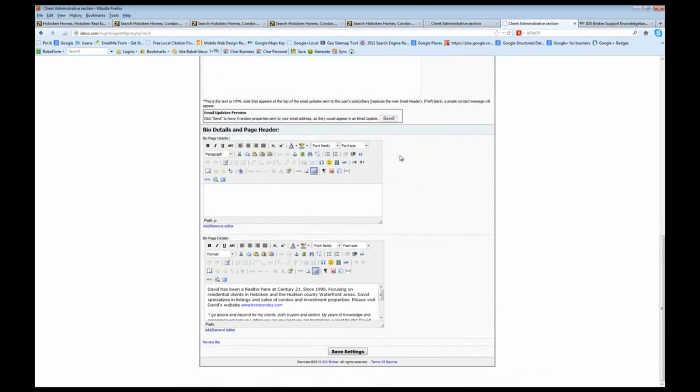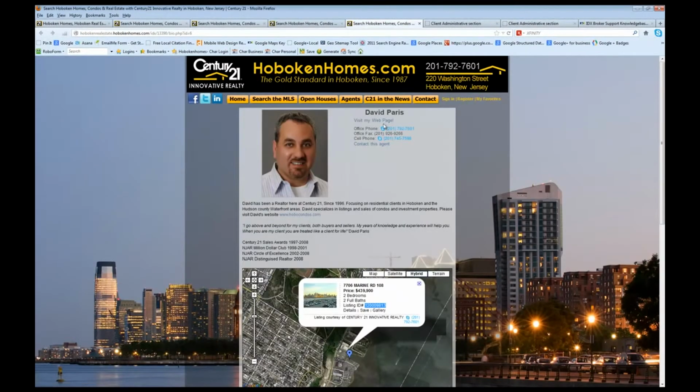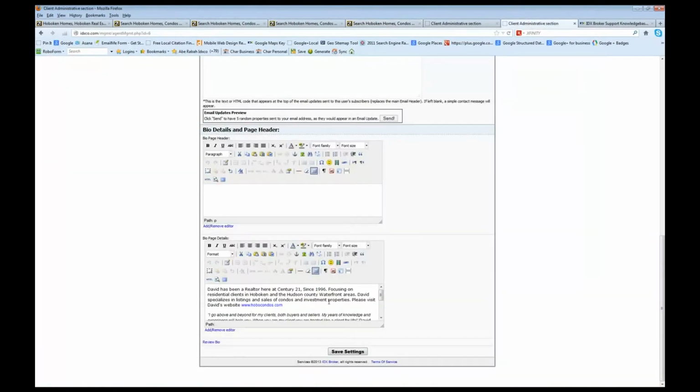On your website, you also have some special information that you can add in. You can add in your own bio and information about yourself right in here. It's really nice to do so that when somebody does come to your site, they can view information about you, and that's where it's going to show up. And if you know any HTML, you can use that in there. If not, this is a Wysiwyg Editor. It works just like a Word document. You can type whatever you want to type in here